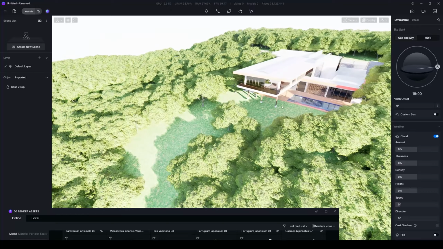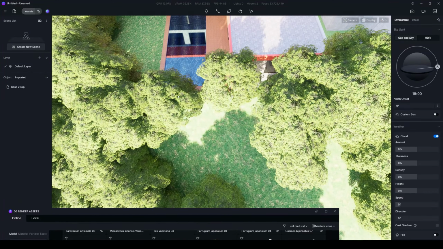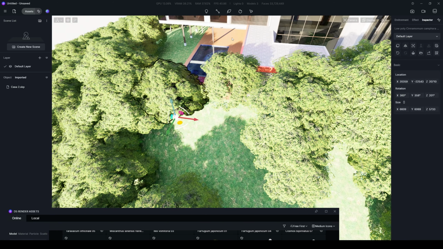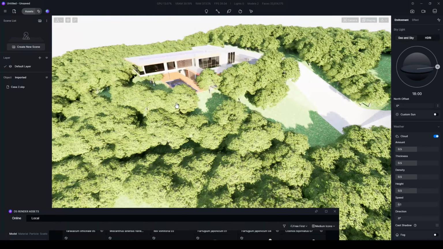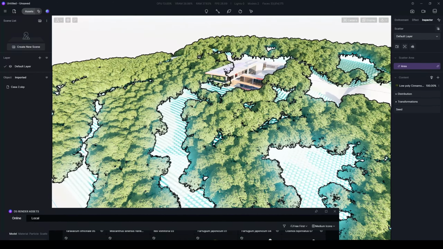But better than nothing. Let's say that I'm going to delete this tree. I'm going to double click, click done, and click delete. Alright, this scatter is not as simple as this. There is another way. If you click your trees scatter area,